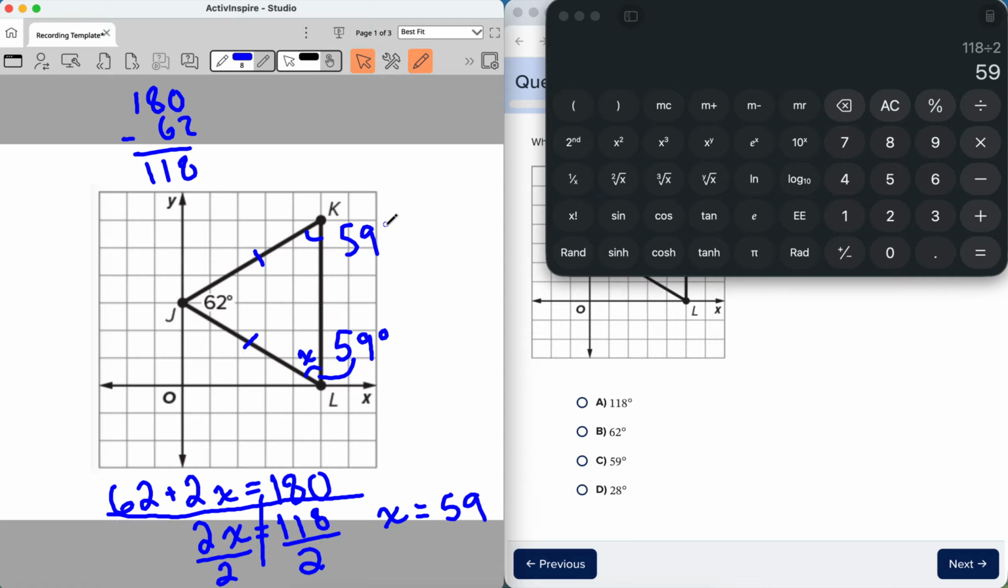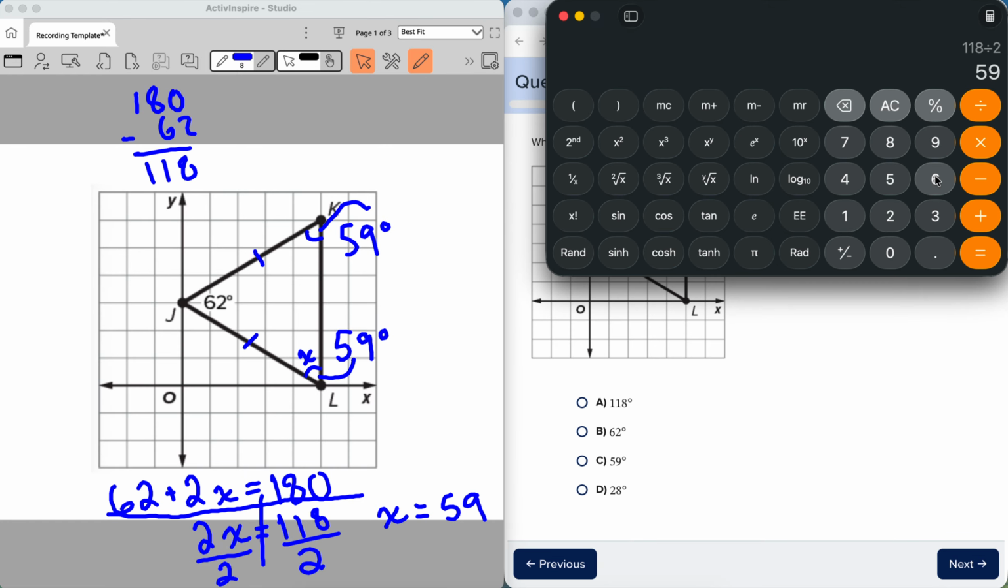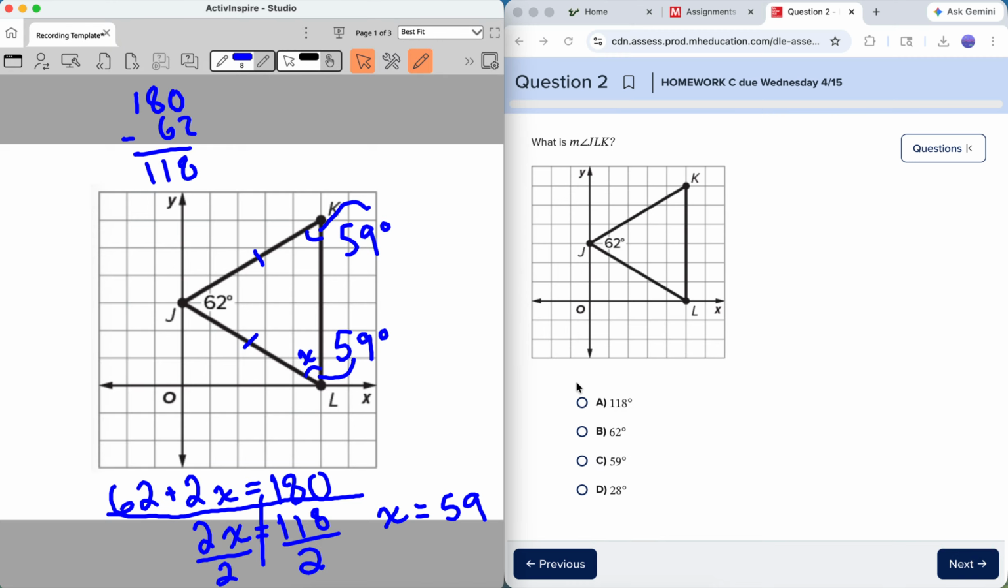And just if you really wanted to make sure you're correct, we could add our three angle measures together, make sure they add up to 180 degrees. 62 plus 59 plus 59 equals 180. So our answer is C,